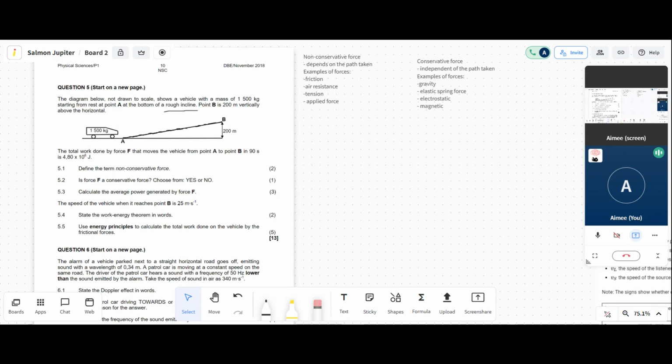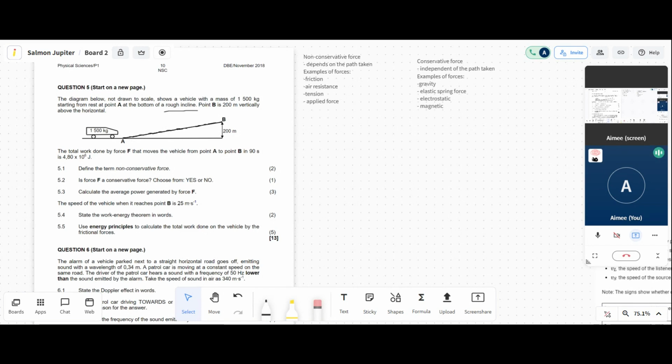It is some kind of motor or applied force that is getting this 1,500 kilogram vehicle to move from point A to point B. It's a type of applied force. Okay, and the question is force F a conservative force? Okay, so your answer is no. Force F is not a conservative force. It is an applied force which falls into our non-conservative force category. Okay,